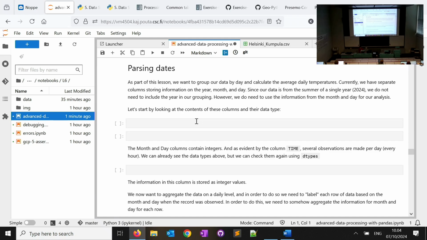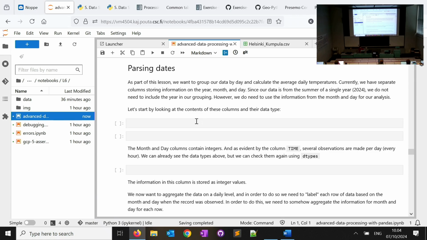Good. So now let's continue with our analysis. One of the main goals of this analysis today is that we have many calculations per day. Actually, we have 24 calculations per day because we have hourly measurements. So at the end of the day, we want to aggregate our data. What we are interested in is the temperatures for the day, not every hour. So we want to aggregate the data, and we have to do this aggregation based on something.